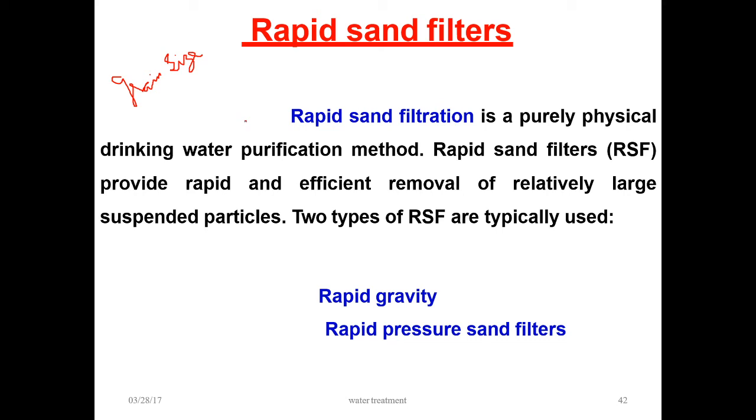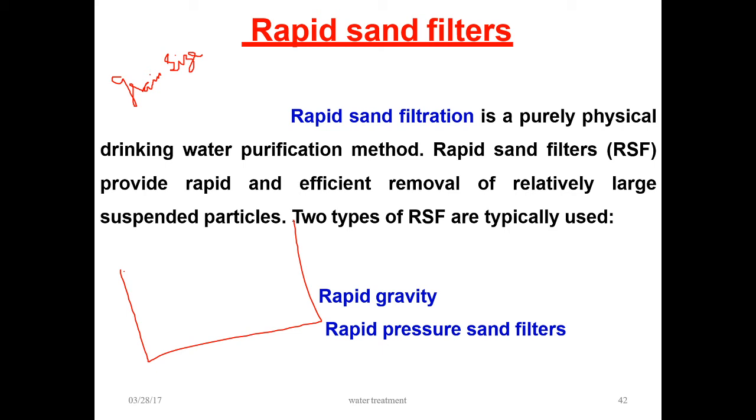Here water is pre-treated by coagulation and sedimentation for settlement of suspended solids before the filtration process. It consists of a watertight rectangular water tank having a height of 2.5 to 3.5 meters. The area required is much less as compared to slow sand filters. The rate of filtration is about 1000 to 1500 liters per hour per square meter of filter area.